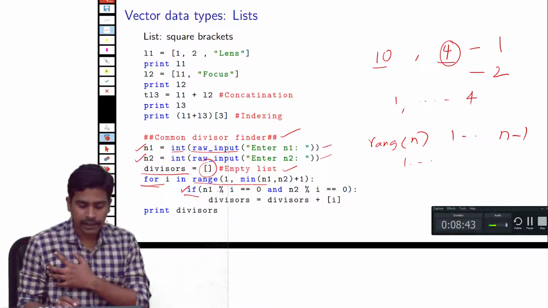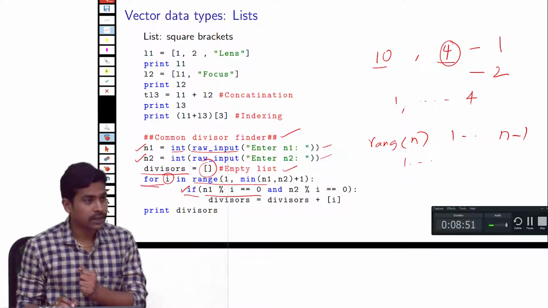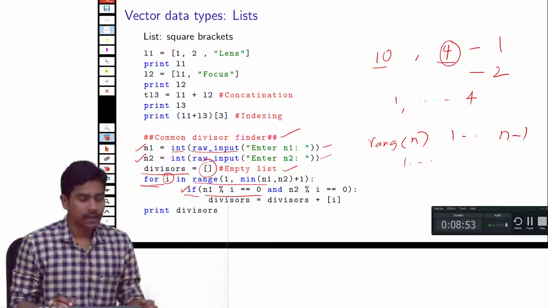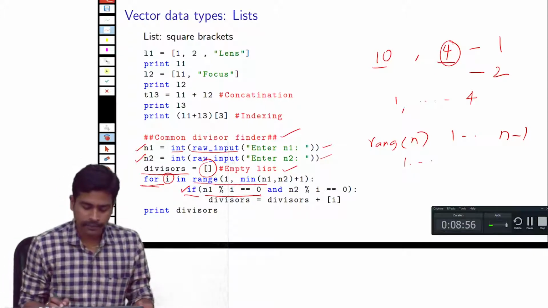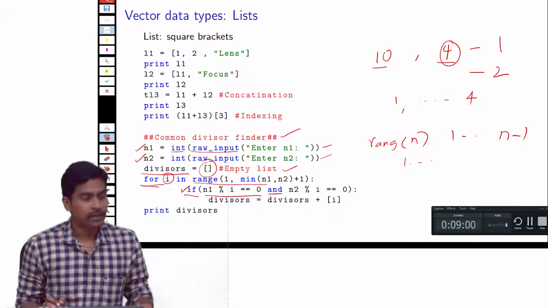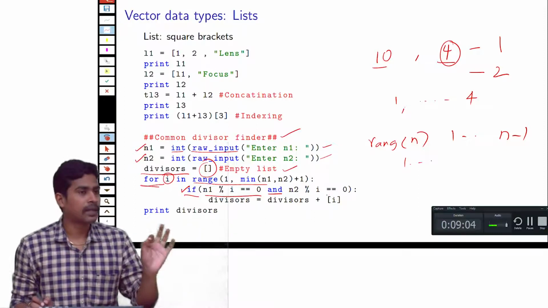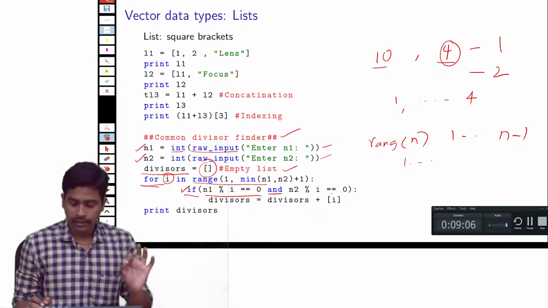In the if statement I am checking if the number i, which is in the list of values, divides using the percent operation, and a logical and statement to see if the number divides both or not.